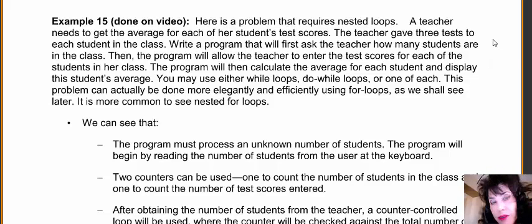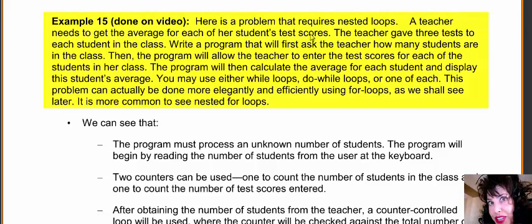So let's take a look at the specs. We have a teacher who needs to get the average for each of her students' test scores. The teacher gave 3 tests to each student in the class. We're going to write a program that will first ask the teacher how many students are in the class, and then allow the teacher to enter the test scores for each of the students in her class. The program is then going to calculate the average for each student, one by one, and